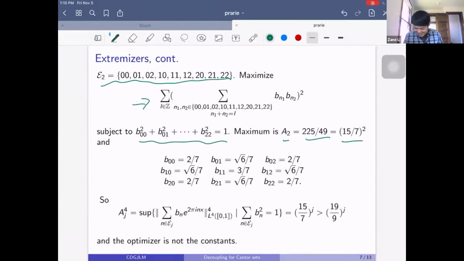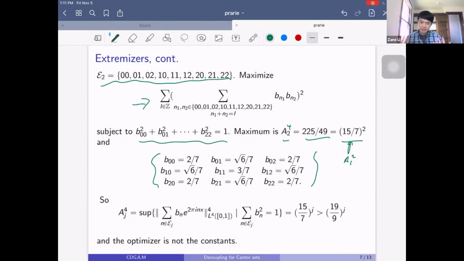And this is the maximum, this is A1 squared, right? And with some work, you can show that, I probably should put a 4 here, and you can write down the maximizer, and there's some relationship between the maximizer of the A2 case and the A1 case. And essentially, this tensor product observation that we observed at the beginning of the talk carries over,